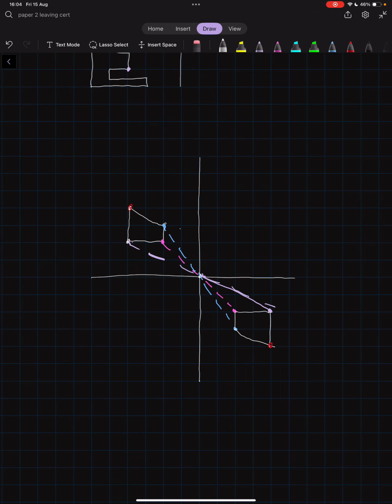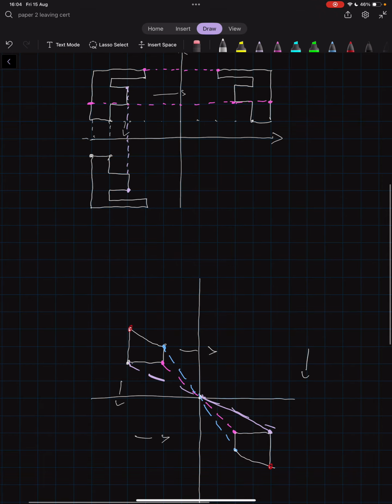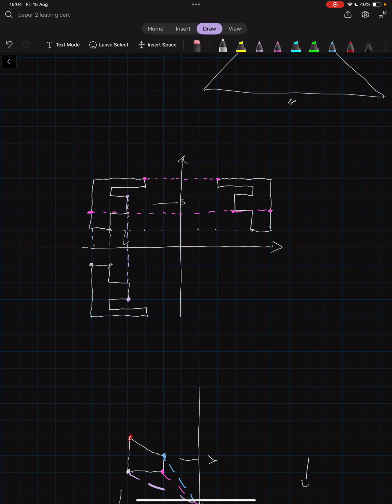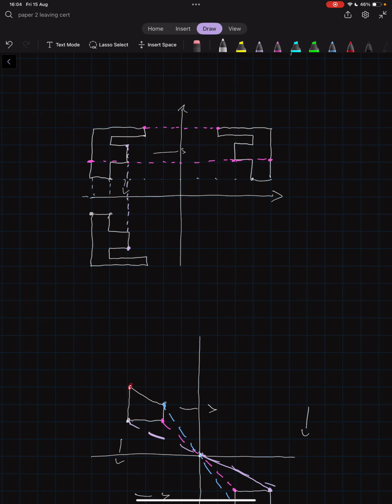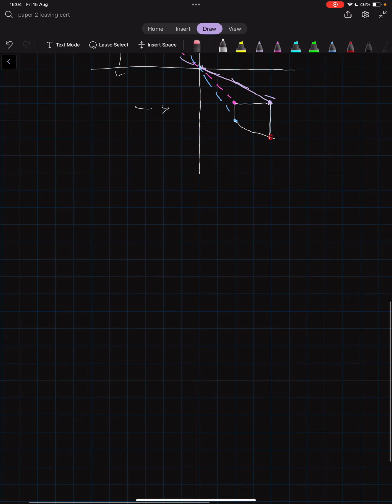So if you did two different axial symmetries, you end up with center symmetry. So center symmetry is just through a point, or in this case, it's the same as two axial symmetries. So an x and a y, or a y and an x. Okay? All right, the next thing to look at is scale factor, center of enlargement,